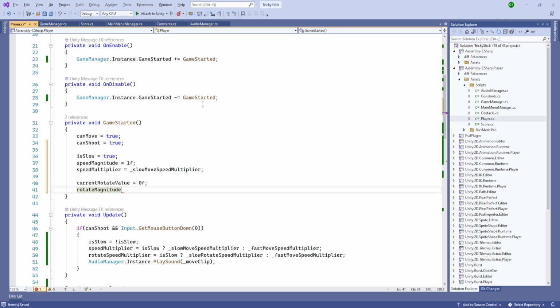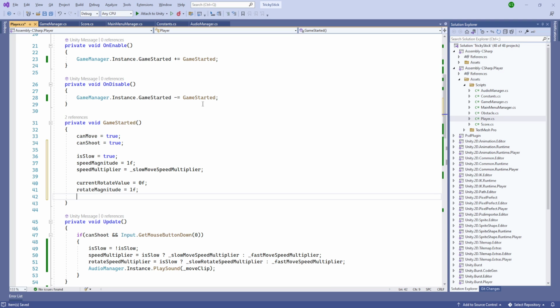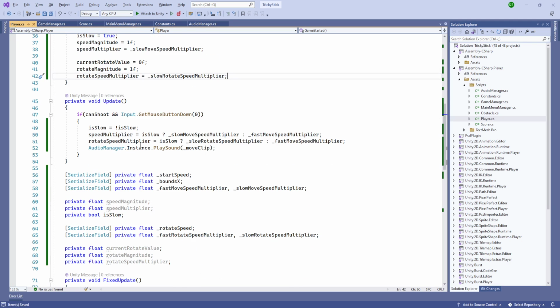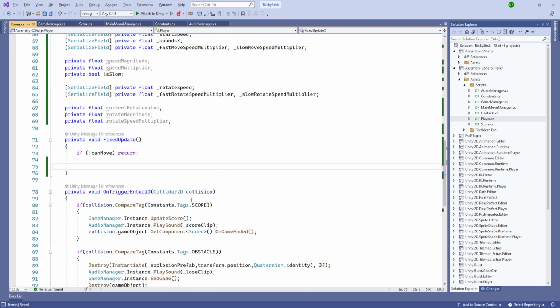RotateMagnitude is going to start from 1, so it will rotate anti-clockwise. And our rotateSpeedMultiplier is going to be our slowRotateSpeedMultiplier. So these are the starting parameters, and when we click, it is going to change. And inside our update, it will set the transform.position +=